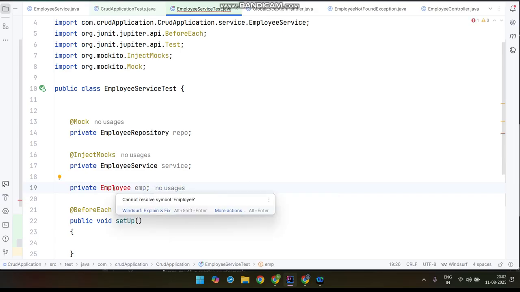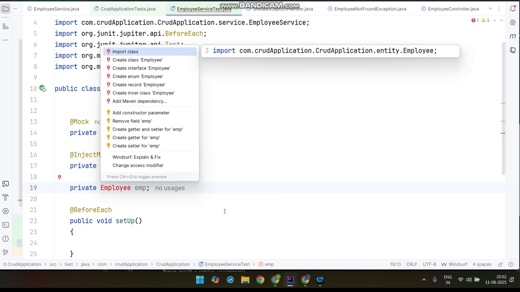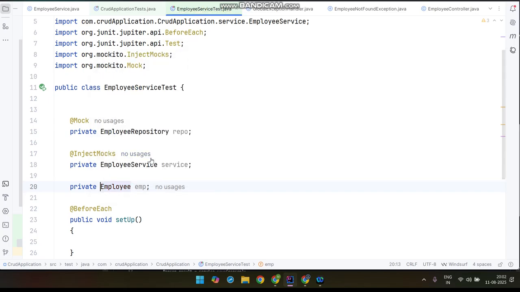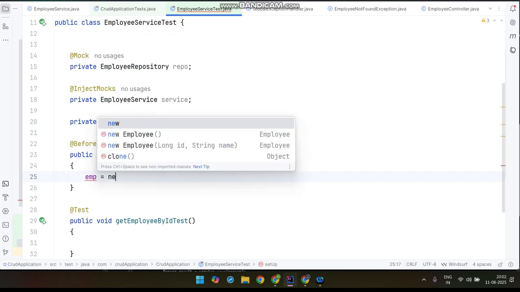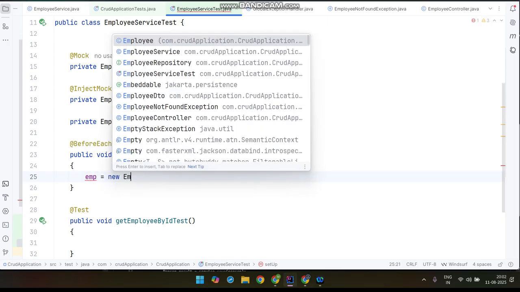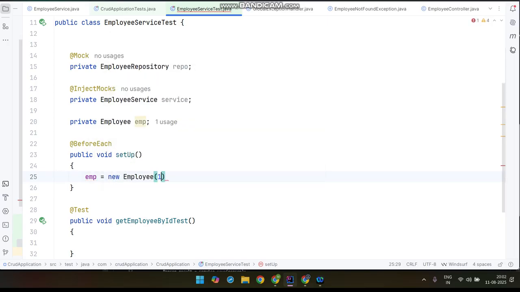Employee emp, we are having the constructor, so directly we can do the initialization, and we'll pass some dummy data. Suppose 1L is the ID, and then Mohan is the name, and